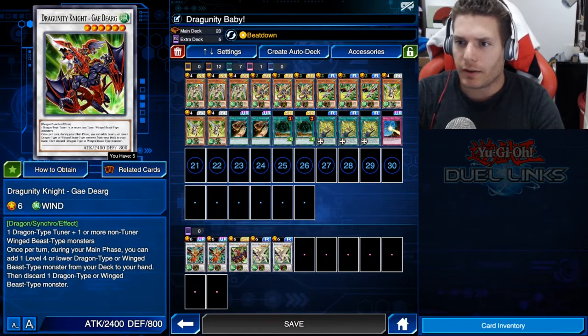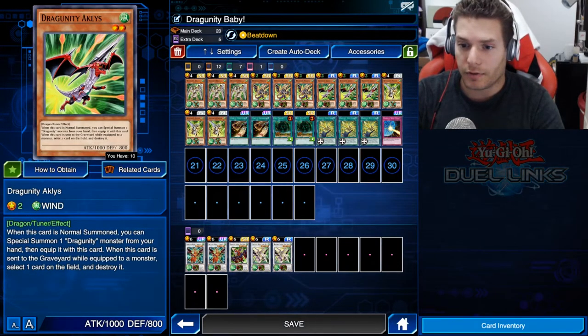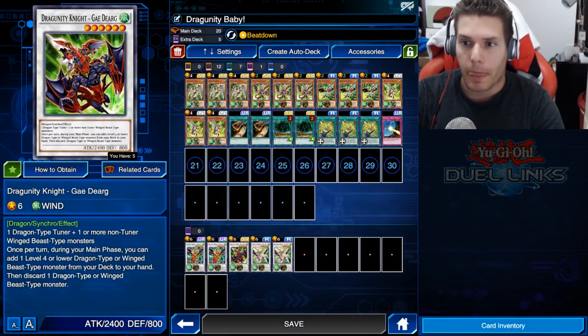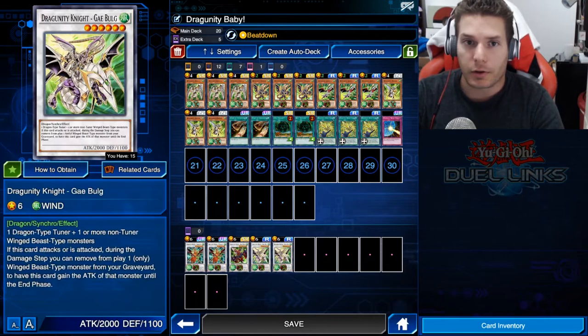It's kind of like the same way Bujin Yamato works. So if you already have another card in your hand that you want to use, and you want to get one of these tuners in the graveyard to use the next turn, you can set this guy on turn 1, get that effect off to get one of your tuners in the graveyard, and then of course Dragunity